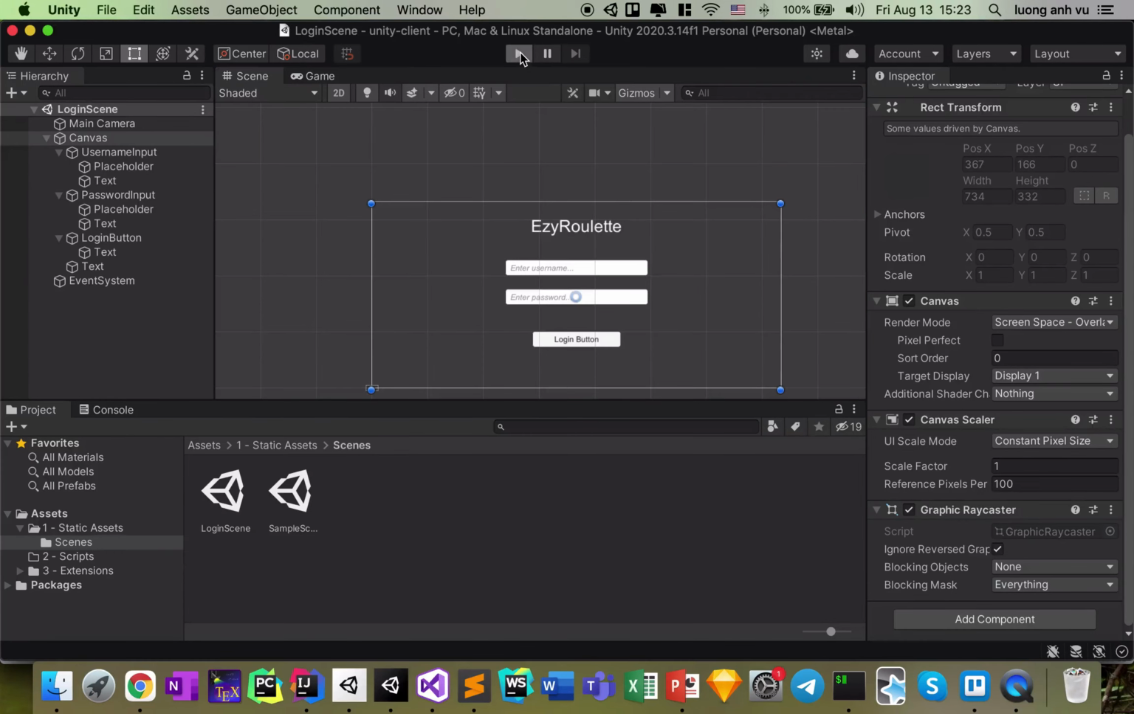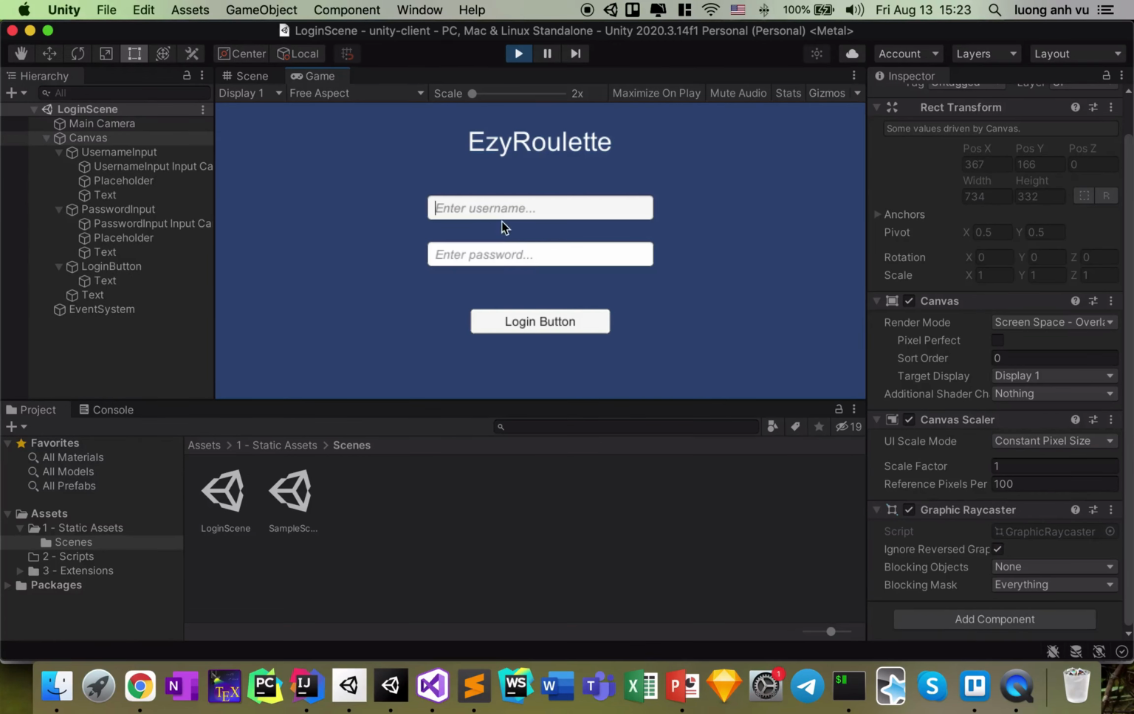Let's test my game. Alright, you can enter the username and the password and click the button, but nothing happened yet. So